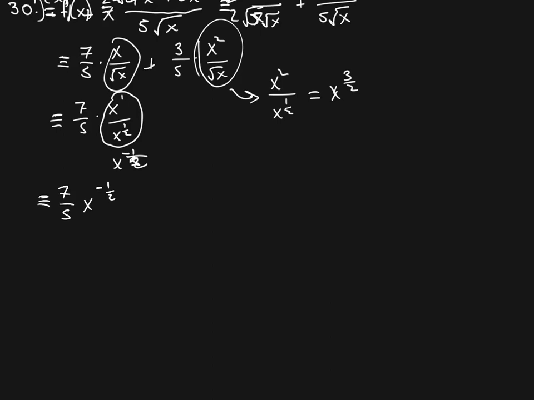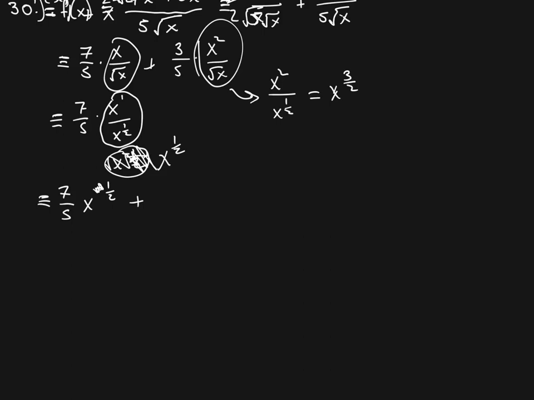Hang on a second. What did I lose? I made a mistake here, so ignore what I said right here. This is not x to the minus 1/2, because we have x to the 1, then we're subtracting 1/2. So this is actually x to the 1/2. I was really just checking to make sure you were paying attention there. And hopefully you all caught me on that and commented at that point in the video saying how wrong I was. So this is 7/5 times x to the 1/2